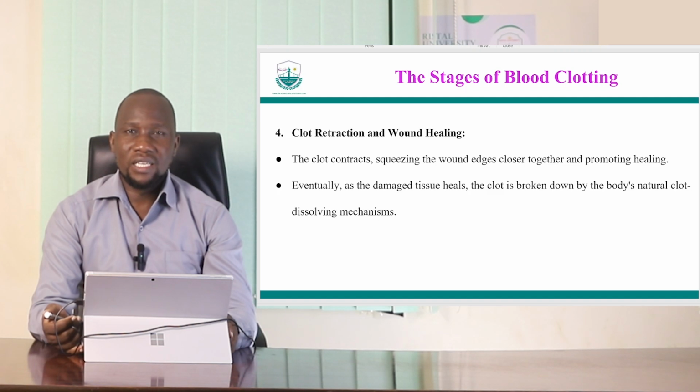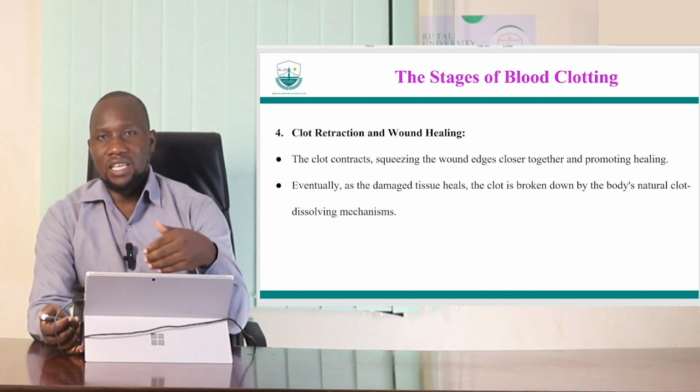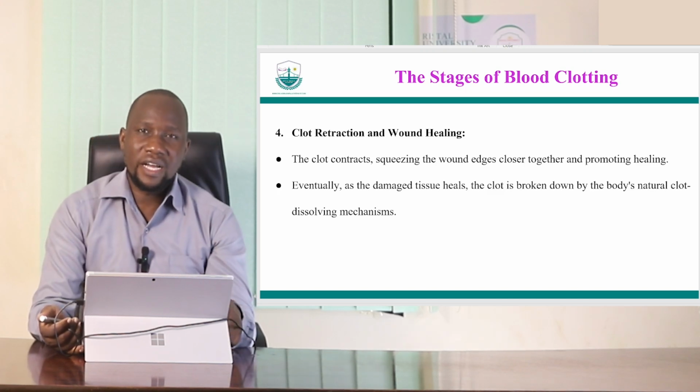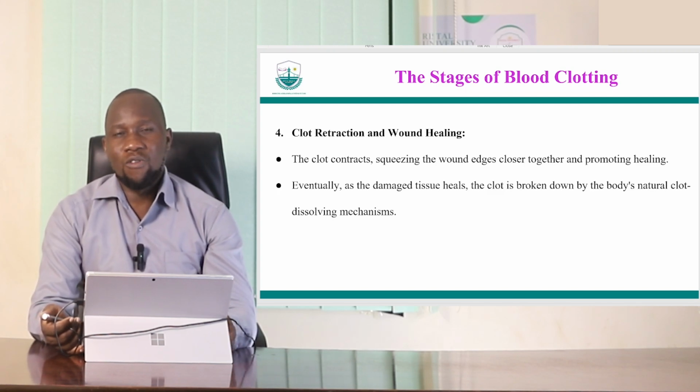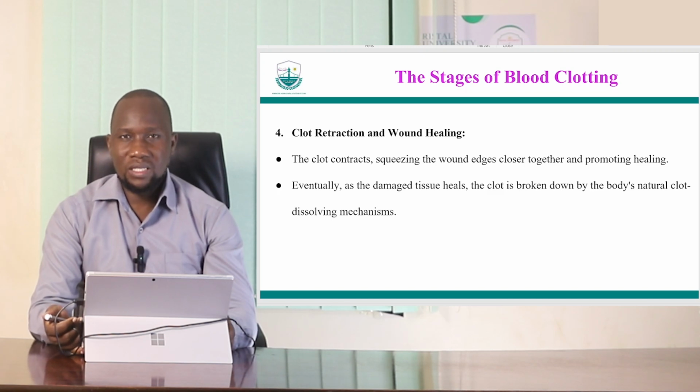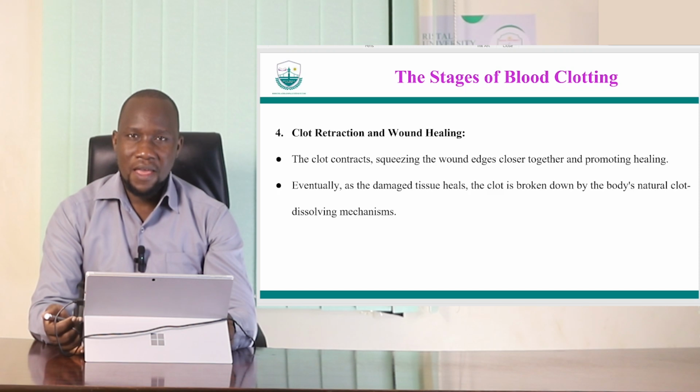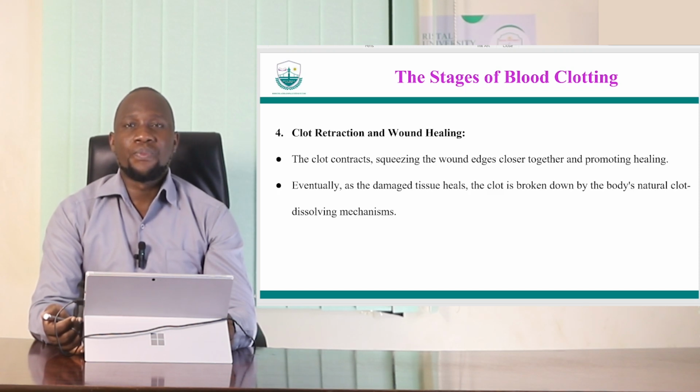We have the platelets as the major players, the first responders, attracting more platelets and releasing more chemicals that will set the events to happen, which we call the cascade events, or coagulation cascade. And we said that if coagulation does not happen in the right place, you will have clots that are being formed in the different parts of the body, and that can be dangerous because it will end up killing